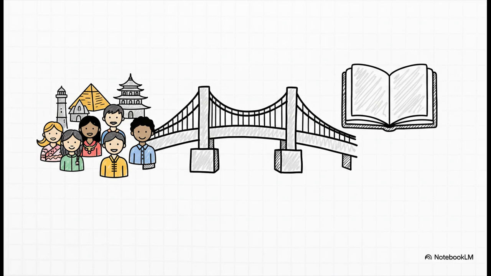Basic English was designed to be a bridge. It was created as a tool to help people from totally different countries and cultures communicate with each other, and also to make learning English way less scary for beginners. The Simple English Wiktionary we've been looking at, it's basically a modern-day continuation of that exact same powerful idea.